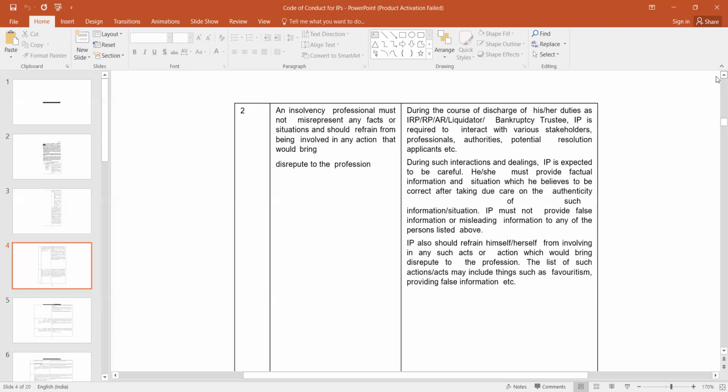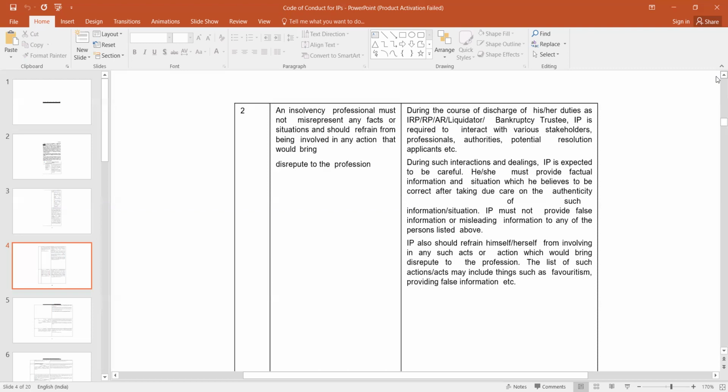Right. And any point on any actions which would bring disrepute to the profession? Sir, I don't know whether it is to be said here or not, but sometimes in the fee being paid to the professionals there is some mismanagement, that higher quotations are taken, something like that. Because recording is going on, I'll not speak on that. No, we can switch off the recording, no issues.